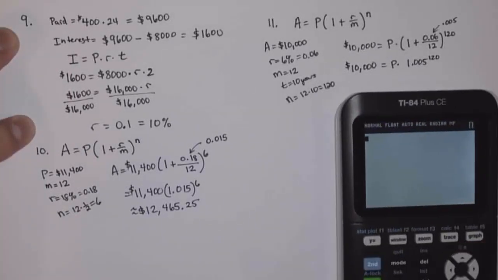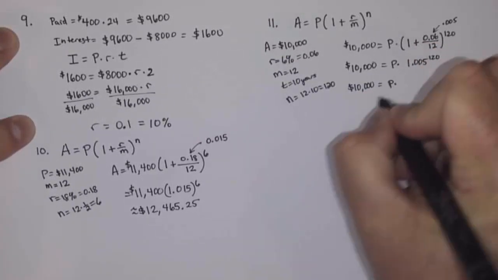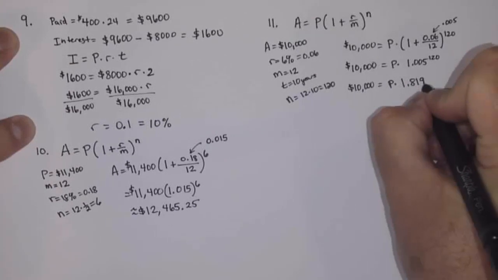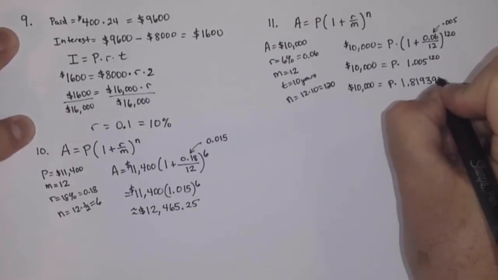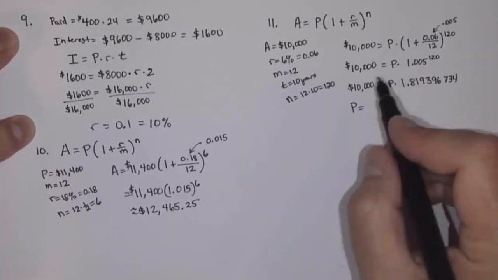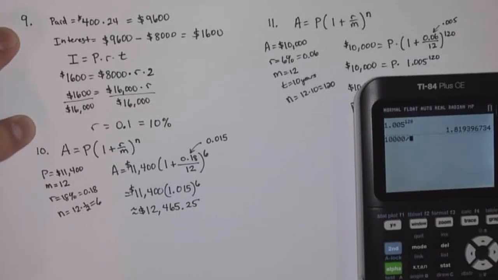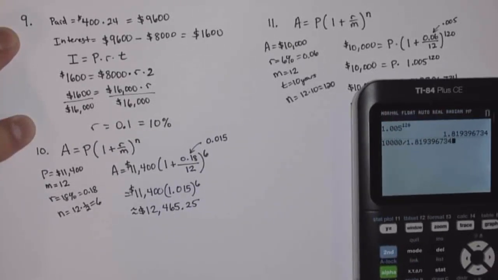If I bring my calculator back in, 1.005 raised to the 120th power is equal to 1.819396734. So I have $10,000 equals P times 1.819396734. So P is going to equal what I get when I divide 10,000 by that. So 10,000 divided by 1.819396734, and that is